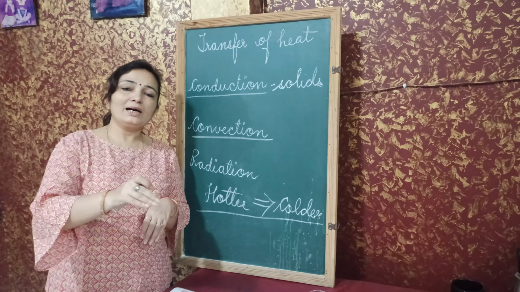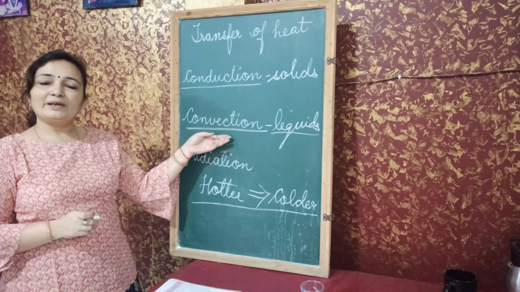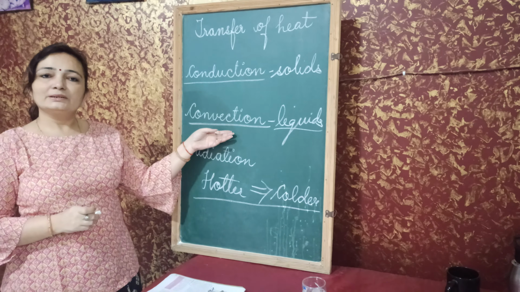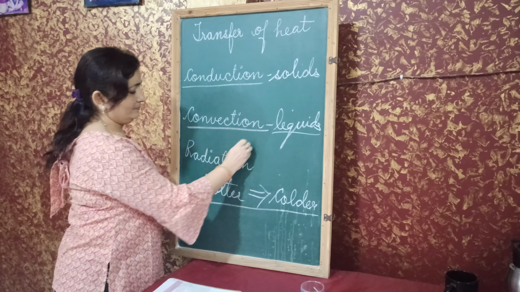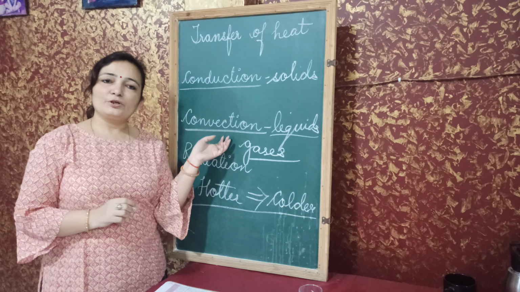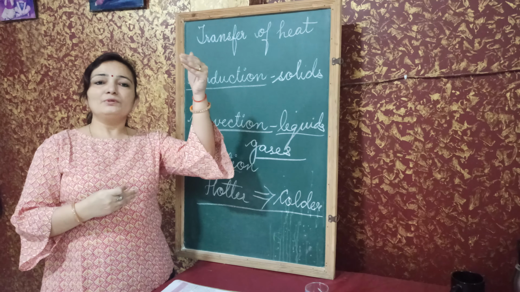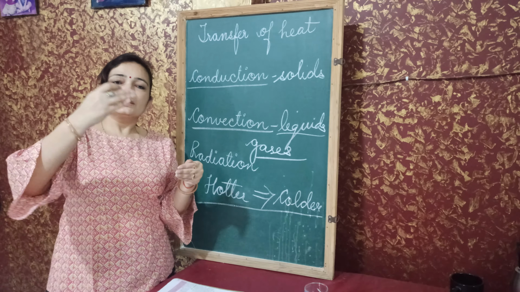So, the transfer of heat in liquids is done by the process of convection, where the molecules are flowing. In the same way in gases, in air also, the transfer of heat takes place by the process of convection, where the molecules are loosely packed, free to move in the space, and the heat is transferred all over. The molecules which are heated move up and the molecules which are cold move down.